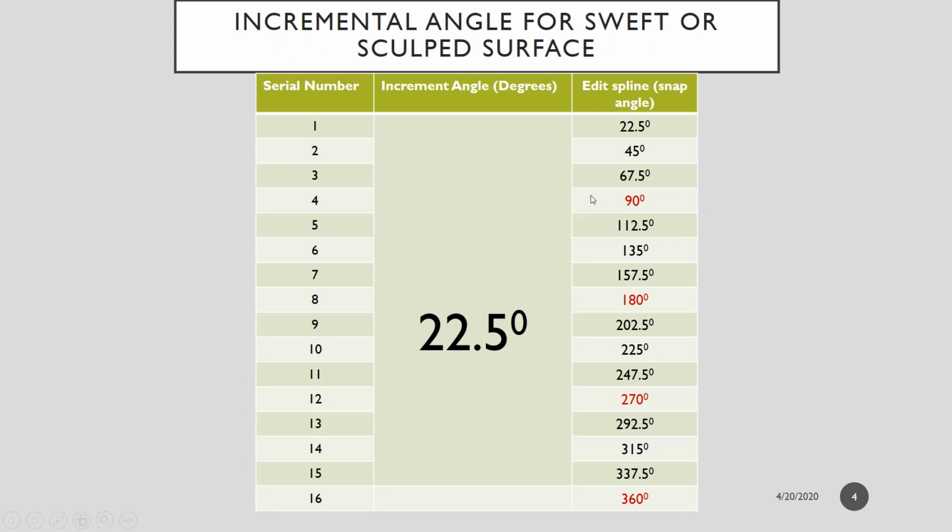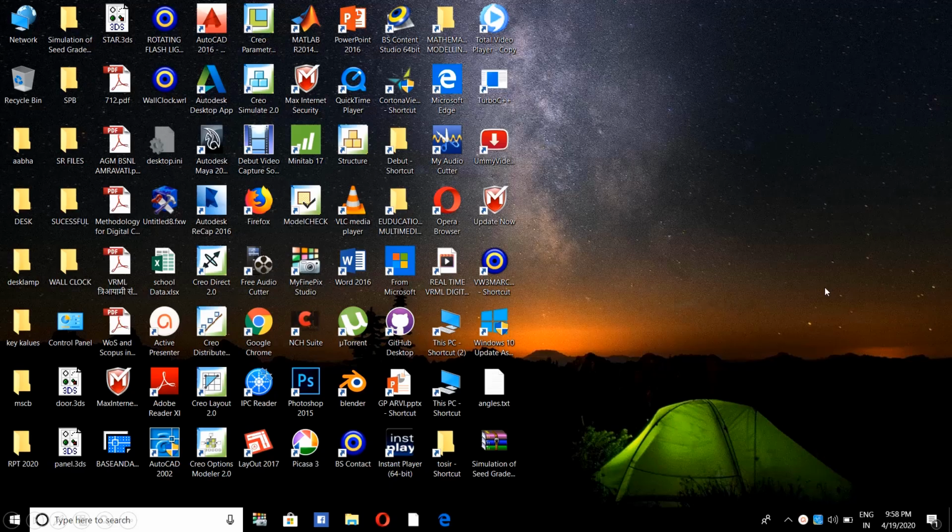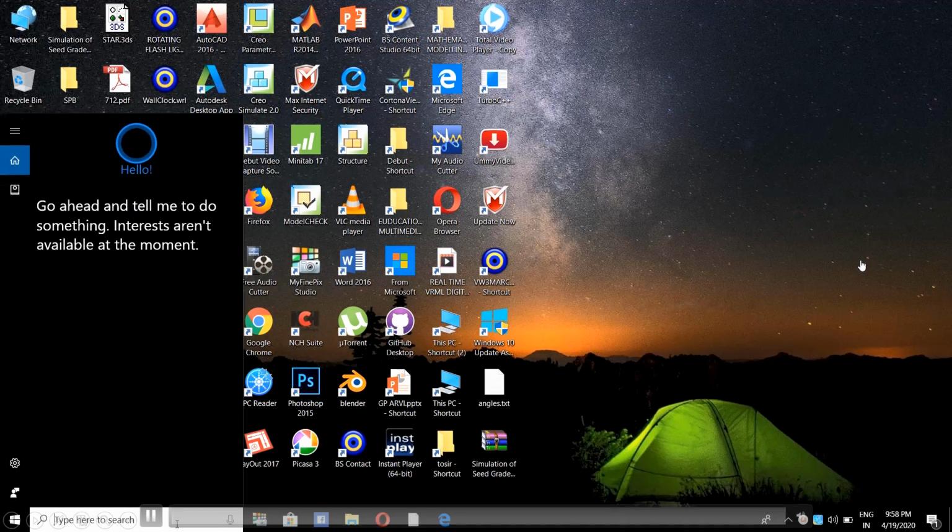Now I will rotate this particular cross section every time by 22.5 degrees, so there will be an increment of 22.5 degrees so as to reach 360 degrees. That will be a complete rotation. So let us start with that.